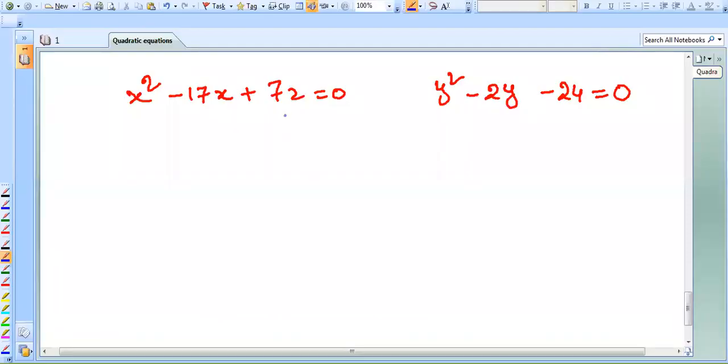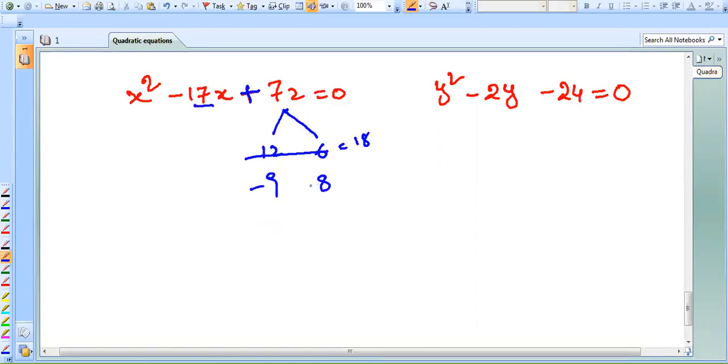See this, friends? Constant is what? 72. You have to take it as 2 factors. Generally in our mind comes 12 into 6. 12 6s are 72 and 12 plus 6 is 17? Is it 17? No, it is 18 actually. Then this is not correct. Then what is correct? 9 8s are 72. 9 plus 8 by adding. Why are you adding? Because constant sign is plus. Then you have to add them to get this 17.